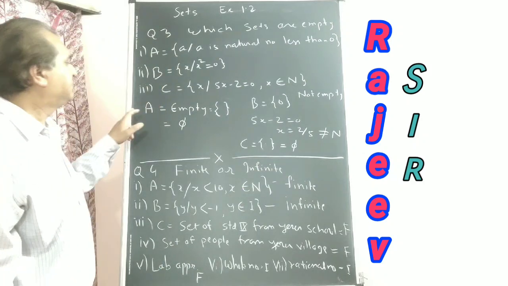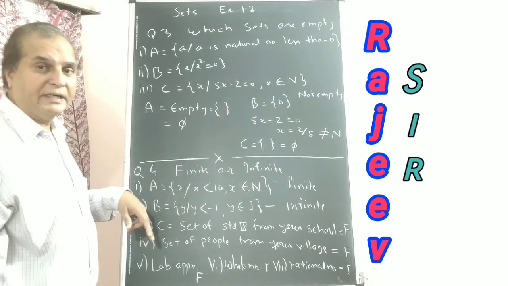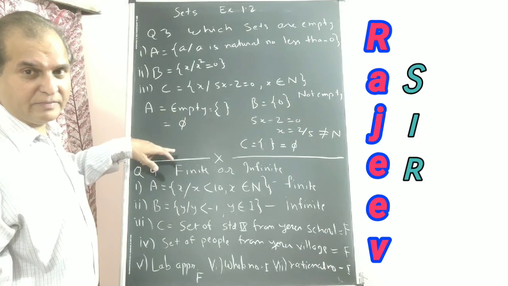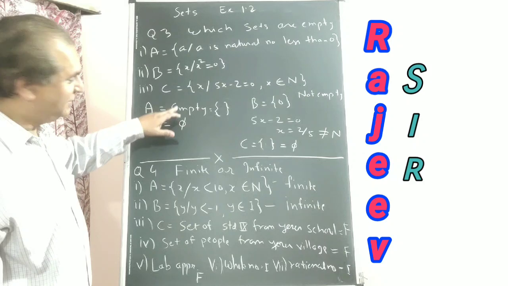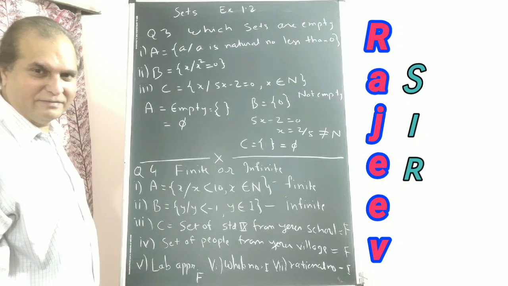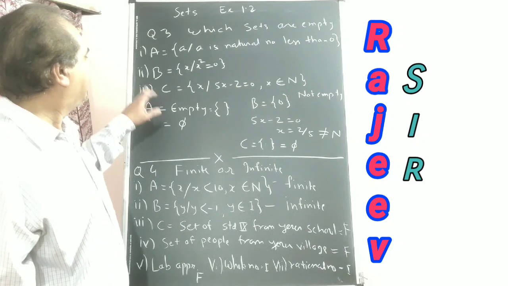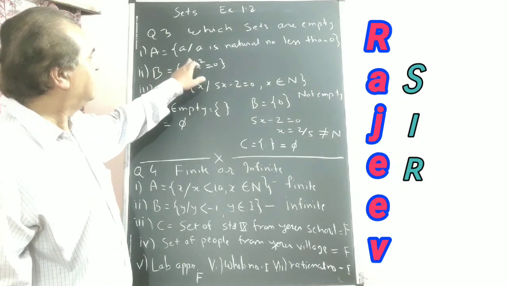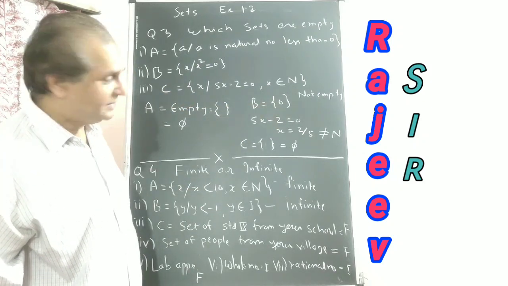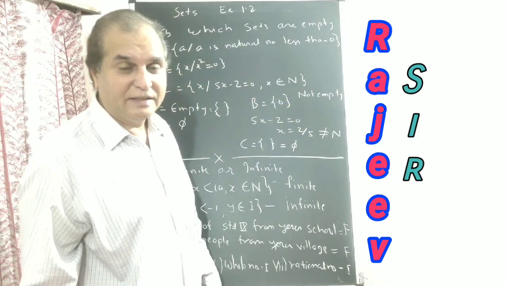A is an empty set. You can either write it like this, no element, just give curly brackets and empty space, or use this Greek symbol phi. This is just a symbol to write: a circle and one line. This means empty set. So A is an empty set. B, x such that x squared equal to 0 means x equal to 0. One element is there. 0 is an element. If 0 is an element, the set is not empty.